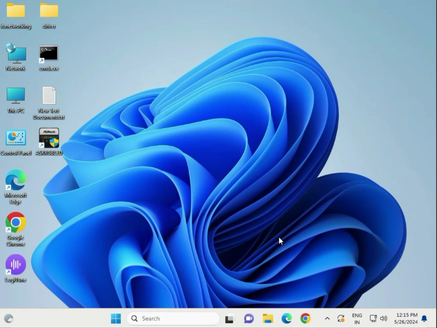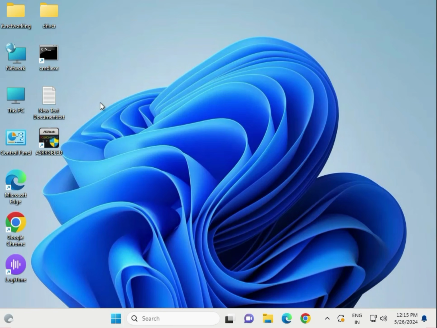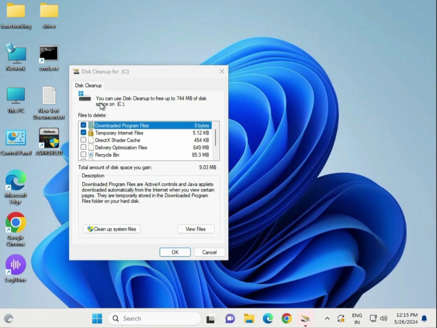Next, remove the cluster and update file. So click on search, type disk cleanup. Open this. And if Windows is installed on C drive, pick it from the list and press OK and Clean up system files. So check downloaded program files, temporary internet files, Windows Update, temporary files,